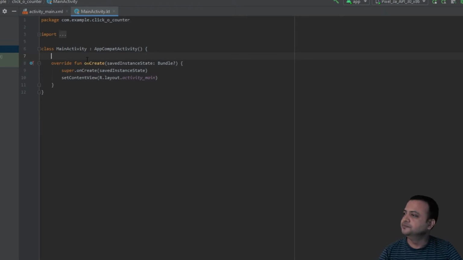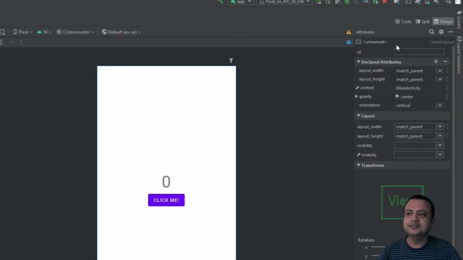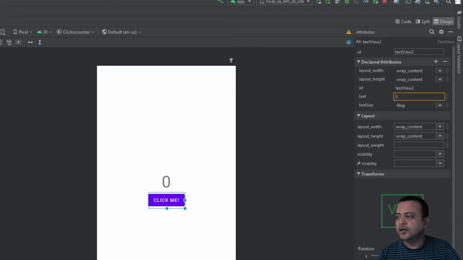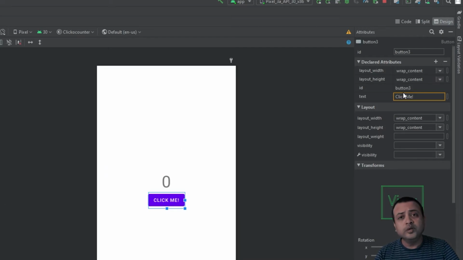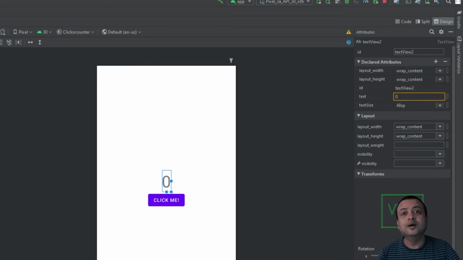We'll go back to the layout file. In the layout file, we saw something called ID. If you click on either of the two widgets, you will see there is something called an ID in the attributes panel. So we need our text view and our button within our code. So we have to give them specific names so that we can use those names within our code to reference them. Right now they have names, but those names are not very helpful. Button3 does not suggest what my button is going to do. It is not a problem when you have only one text view and one button in your application. Since most of your applications will have multiple text views and multiple buttons, you must consider giving them logical names.